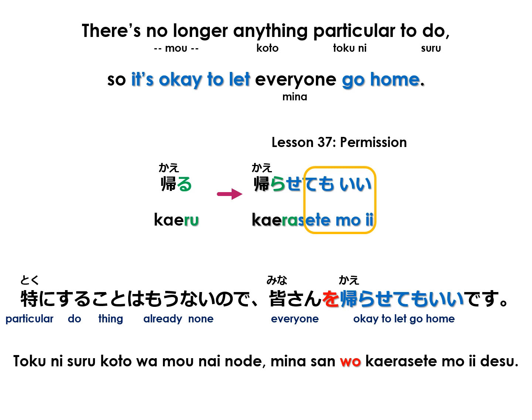And because this is a permissive causative sentence, we can also use particle ni for the causee and say, 特にすることはもうないので、皆さんに帰らせてもいいです。